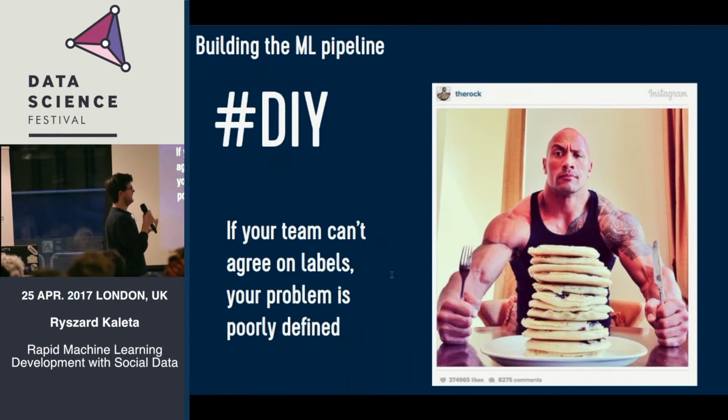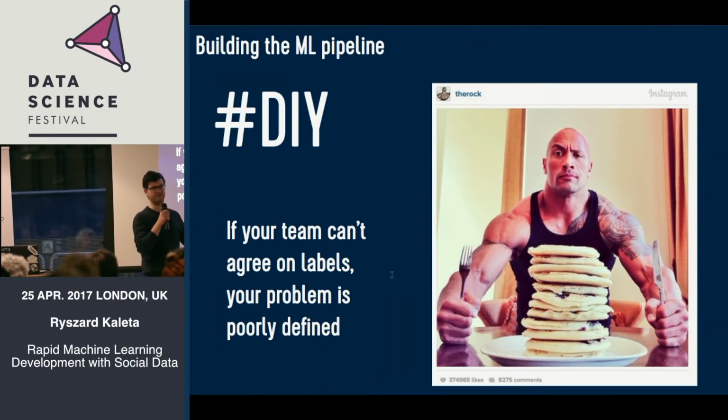Say we want to build a classifier that looks at an image and tries to answer the question of is this a food image? Some people might look at this and say, yeah, it's a food image because it's got some pancakes in it. Other people would say, no, it's an image of the rock. It just happens to have some food in it. So this would be an example of a badly, too vaguely defined problem. And if your problem is vaguely defined, you're probably going to struggle to build a model that performs well. So we have found it's hugely beneficial to actually do a little exercise of taking this data ourselves to see if we have struck the boundaries of the problem well.